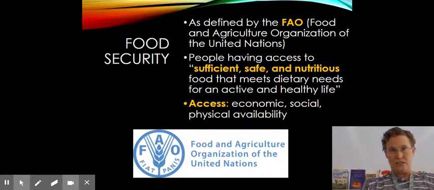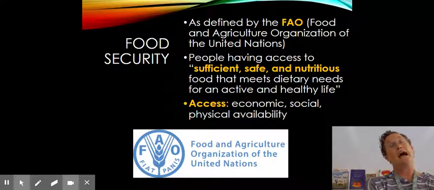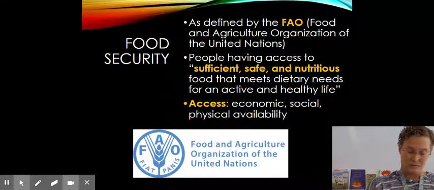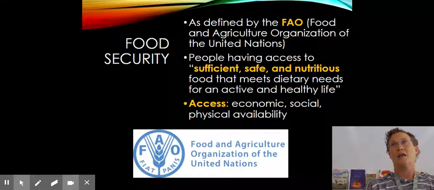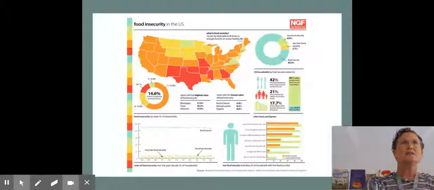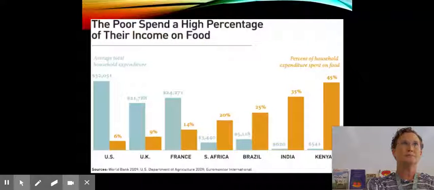So this is something that we run into here in the Bay Area in California, is what's called a food desert. So when there's no easy access to food within a certain area. And so that's something we can talk about some more too, which is just really fascinating and heartbreaking that there are places where people that live miles away from us are not able to get food that's healthy and secure for them. And this is something that we want to work towards solving. I promise you, we will be getting towards ways to solve the problem, but you got to learn about the problem first. Okay, so there is food security all around the world.